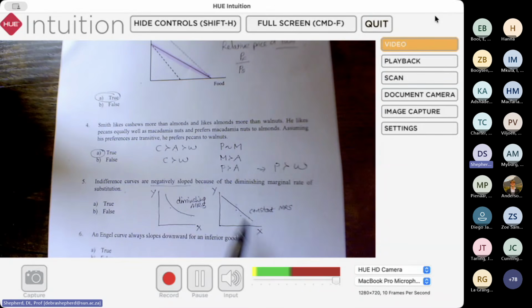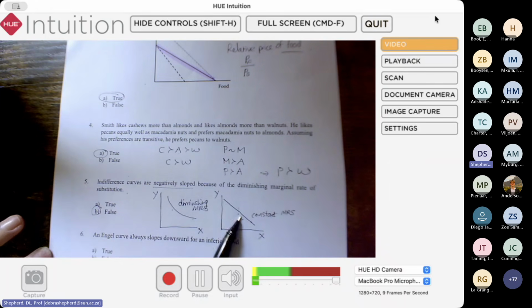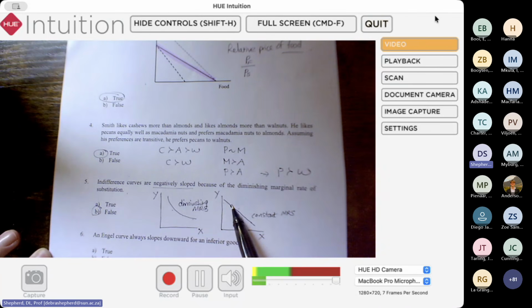The reason why indifference curves are negatively sloped is because of the axiom more is better, so because of monotonicity. The reason why monotonicity gives us negatively sloped indifference curves is because, let's say, I'm currently consuming at this point on this indifference curve. So I have so much Y and so much X. And then I want to know